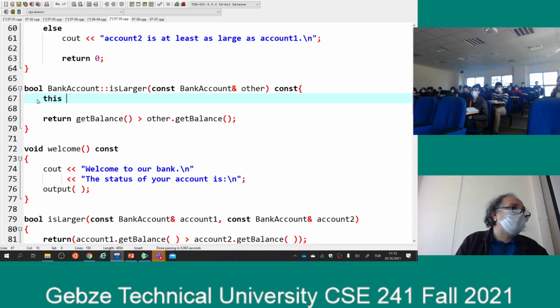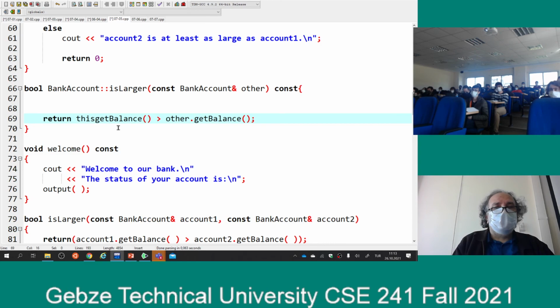It keeps a pointer to my object. So when I try to talk about myself, I would say this. That reference, this, is myself. Or if I like to call a get balance function